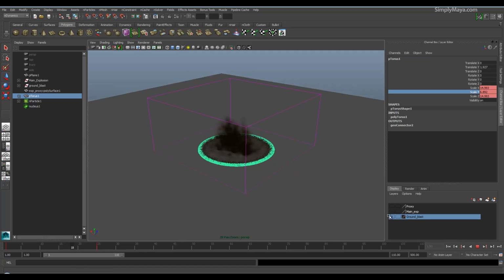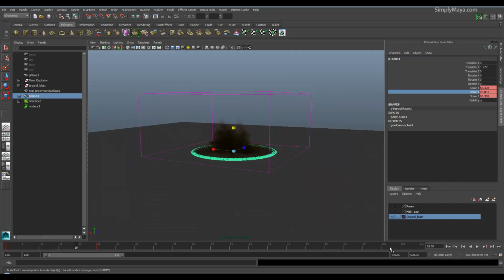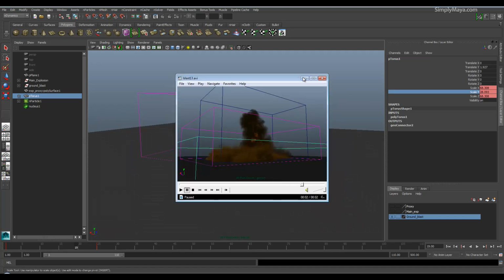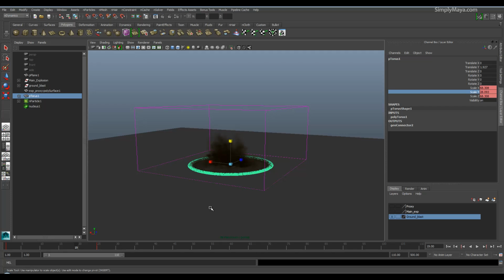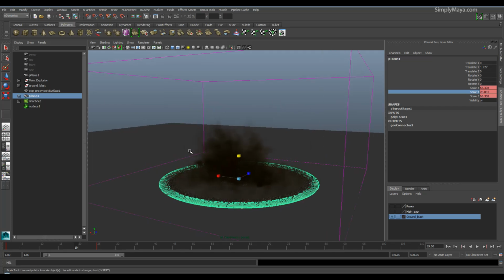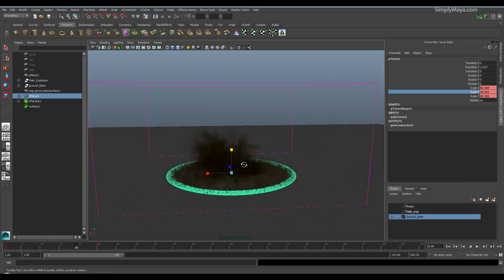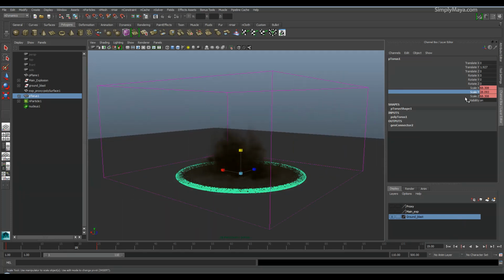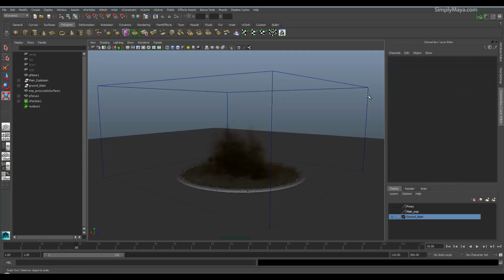Okay, but this leaves us now with just this expanding ring of particles. It's not that great, so now we need something to push this out like so, and to do this I'm going to use a combination of volume axis fields along with some wind air fields in the simulation as well. But first things first, I want to tinker with the shading of this bottom cloud a little bit,